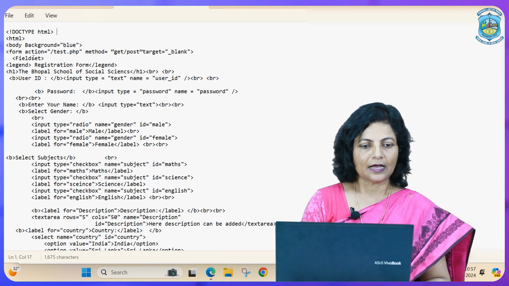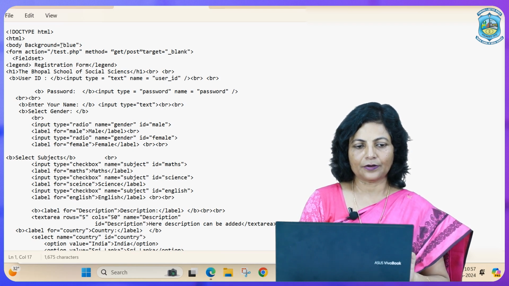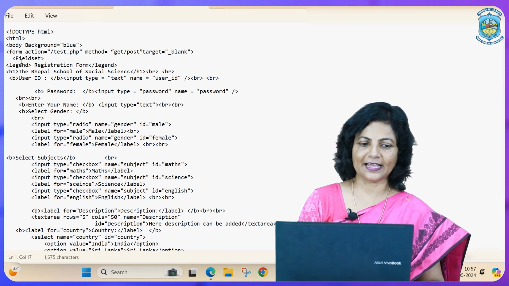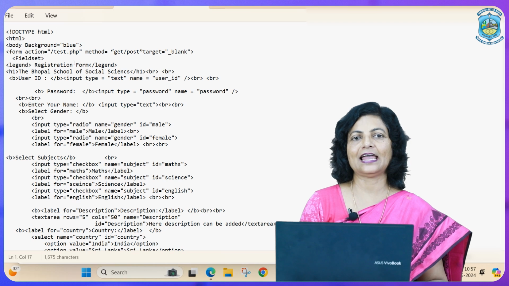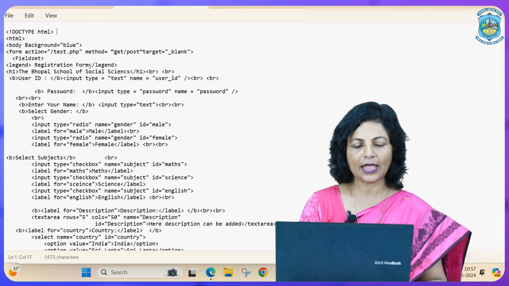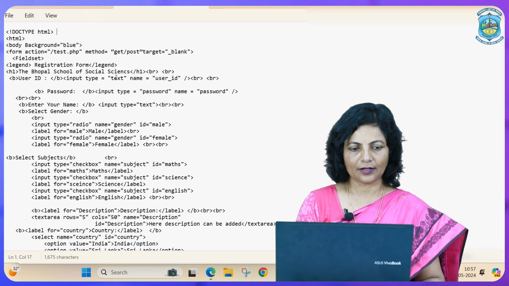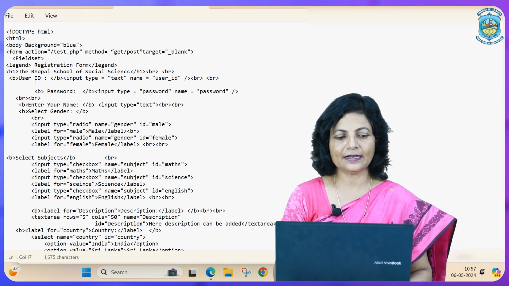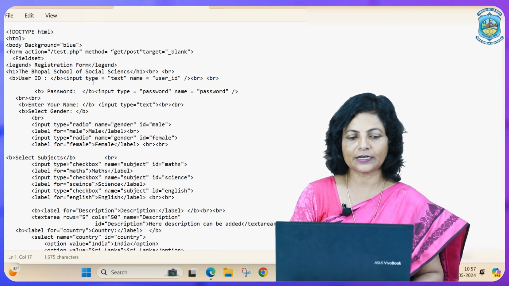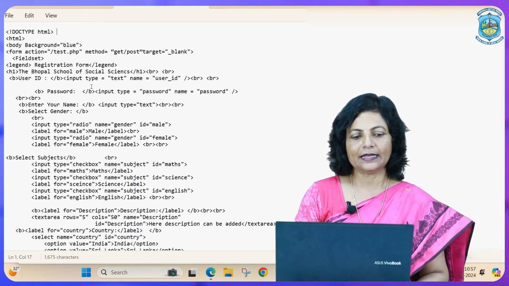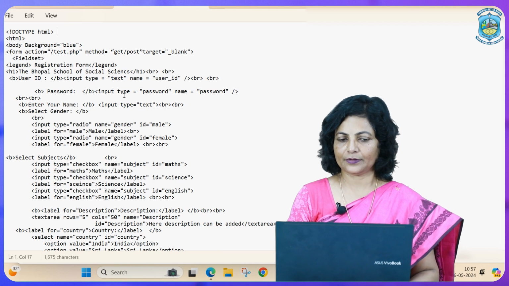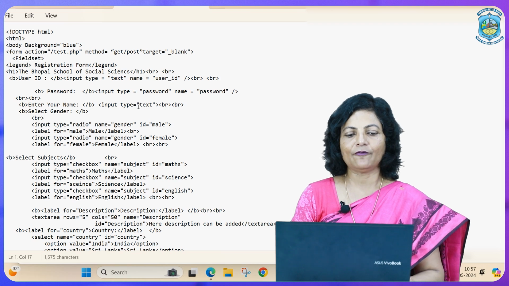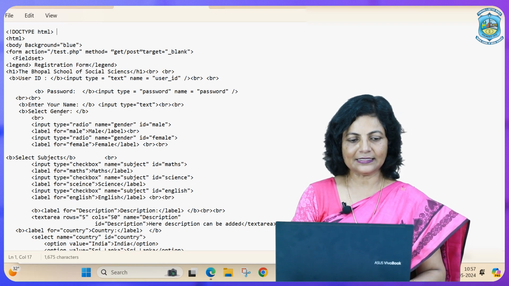As you see here, I have given form, then fieldset, and then legend. Inside legend, I have written registration form, and the heading is given in h1. Then as you have seen in the output, user ID was given, and with user ID the type is text. Next is password, where the type value is password. Then again enter your name is a label which is plain text. Then select gender,